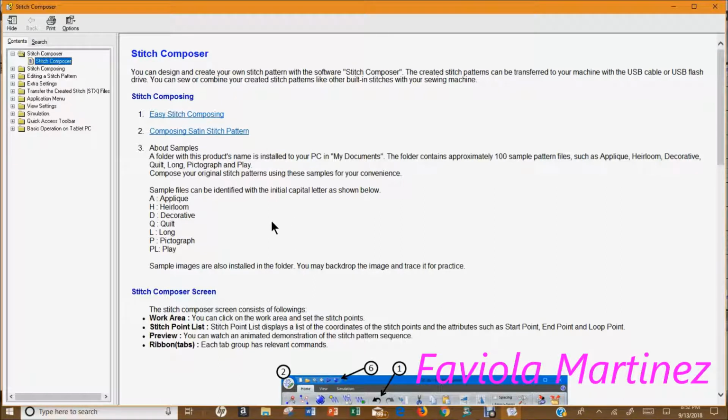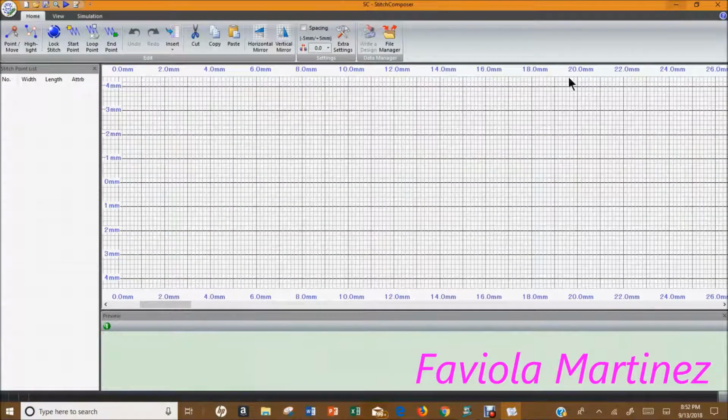If you are taking my Stitch Composer class, you will know and remember that I actually copied this entire manual and I included it in the folder for the class. And that is basically what this upper part of this toolbar is all about. Windows functions: how to minimize, maximize, close down, take a look at your manuals. And in addition to the manuals, there's also about 4 really great short tutorials that Janome has put out on how to use the Stitch Composer program that will really help you